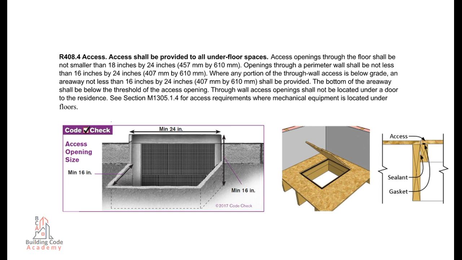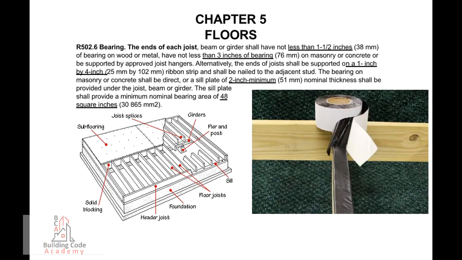Through wall access openings shall not be located under a door to the residence. See section M1305.1.4 for access requirements where mechanical equipment is located under floors. Chapter 5, Floors. R502.6 Bearing. The ends of each joist, beam, or girder shall have not less than 1.5 inches, 38 millimeters, of bearing on